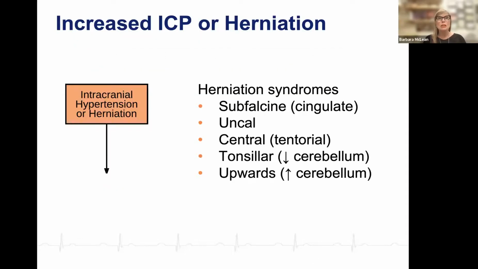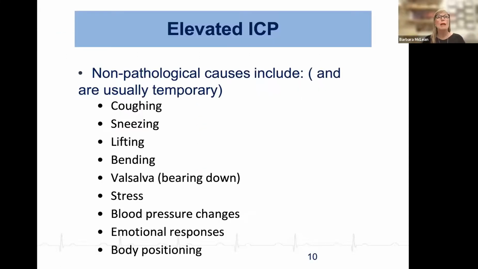Now, increased ICP actually can put us at risk, of course, for herniation. And there are a lot of different types of herniation. It's not necessary that we understand every single one, though it's wonderful to understand all the signs and symptoms, but to appreciate that herniation is going to occur side to side, up, down, and down into the spinal column. And so any herniation, which basically means that your brain volume has moved from one space into another,